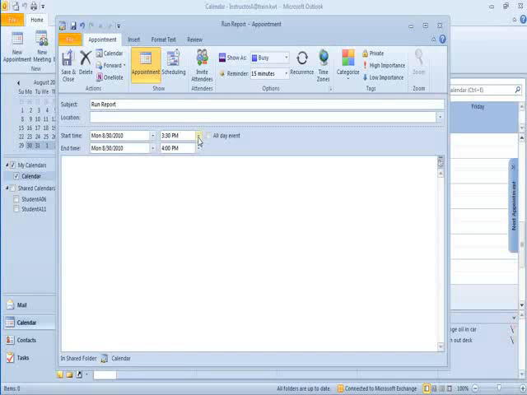So 3:30, let's say it's going to take me 15 minutes. So I'm going to double click on the 30 here and I'll put in 45. All right, so from 3:30 to 3:45, I want to be reminded to run this particular report. You notice the Save and Close button in the upper left,